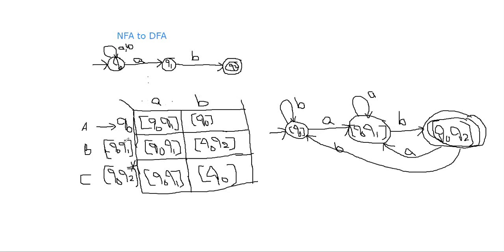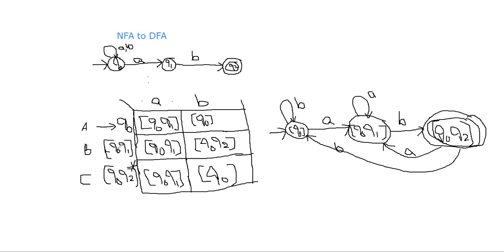Again apply input symbols A and B. Q0 Q2 on A is Q0 Q1, because there is no input symbol A on Q2. Only Q0 Q1 we get. Q0 Q2 on B: there is no transition on B from Q2, so Q0 Q2 on B is only Q0. Again verify whether any new state is appearing in this transition table or not. There is no new state appearing because all are repeated. Q0 Q1 is repeated, Q0 is repeated. So all the states have transitions.